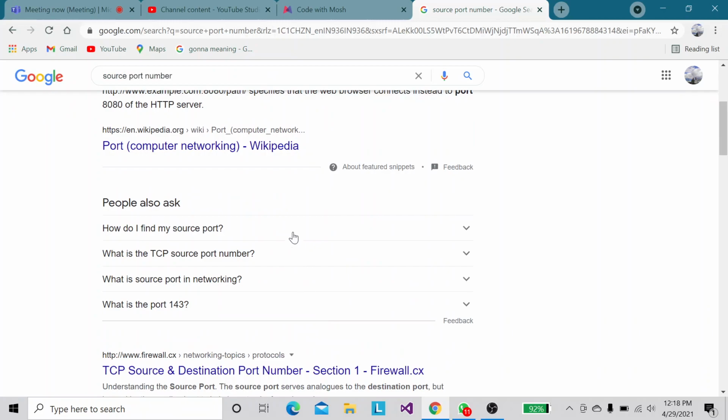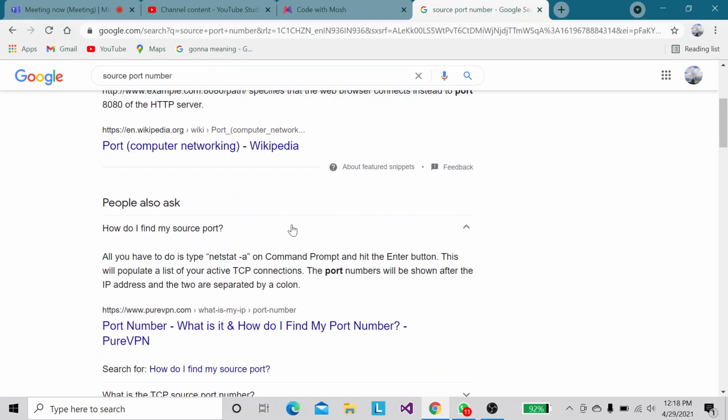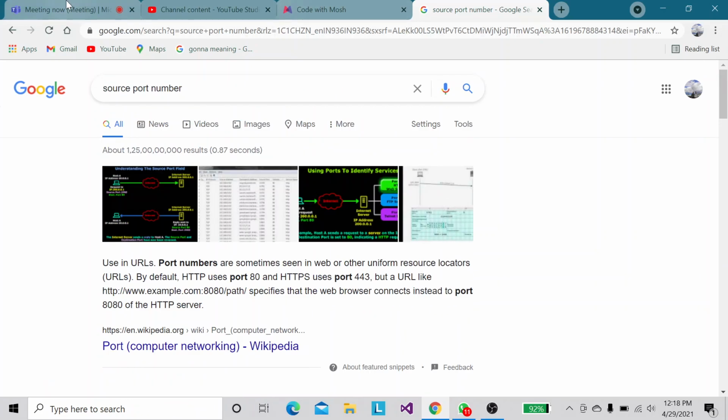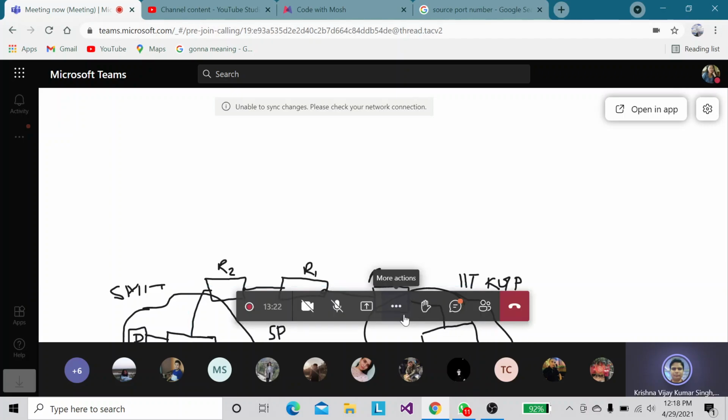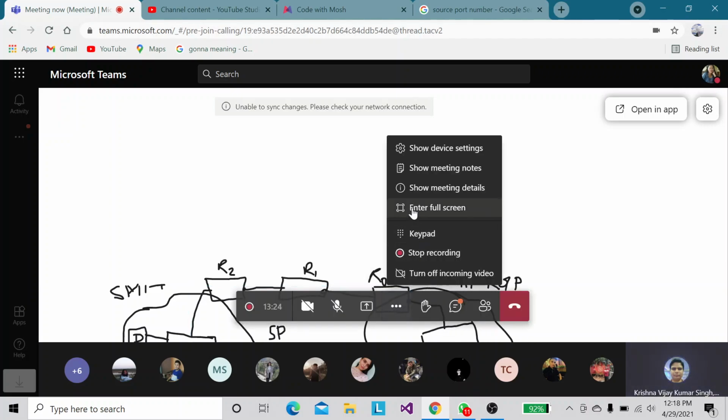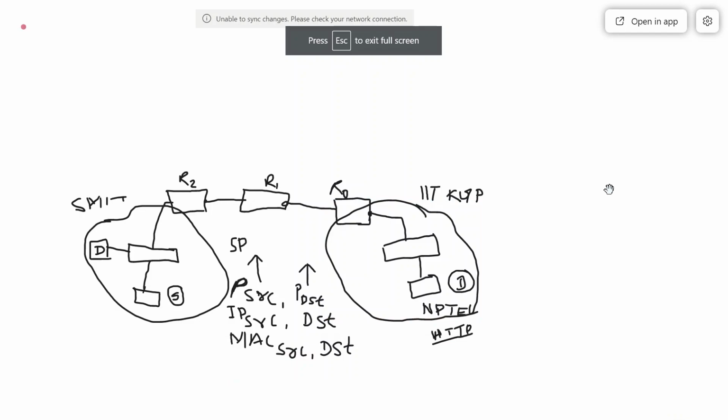What is the problem that I have taken? What are we doing? What is the scenario that I have taken? Madhav, can you tell the scenario?